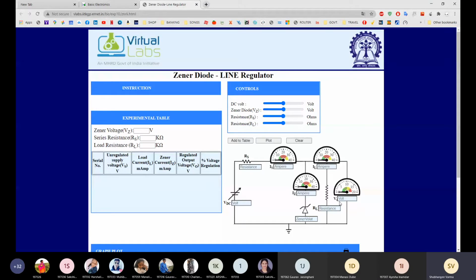Zoom the diagram on your screen, everybody, and check how many meters are there. On your mobile screen, you can stretch out your screen and see how many meters are there. And write down the answer in the chat box.